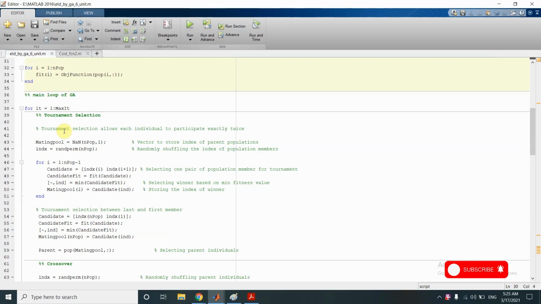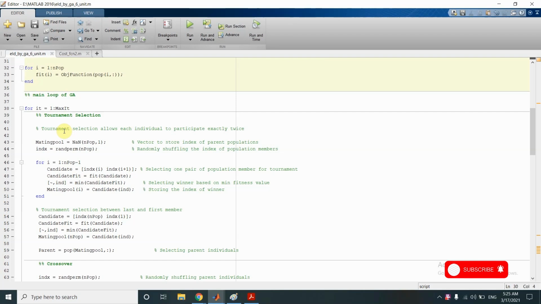So what happens in tournament selection is that two individuals at random are chosen, and competition is held between those two individuals, and the individual that wins is selected as parent, and each individual in the population is given two chances, that is each individual would play two tournaments, and it can be selected in both the tournaments.